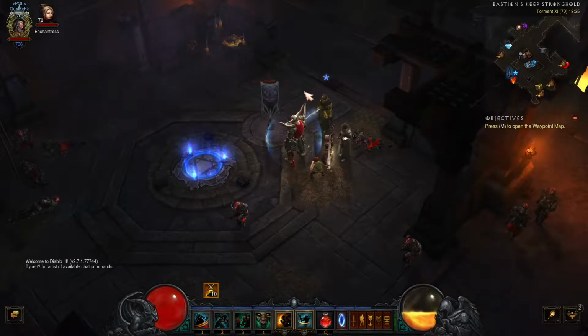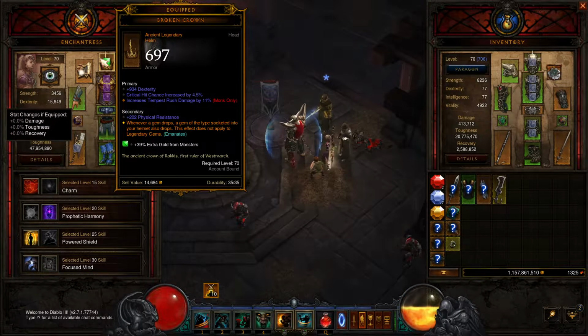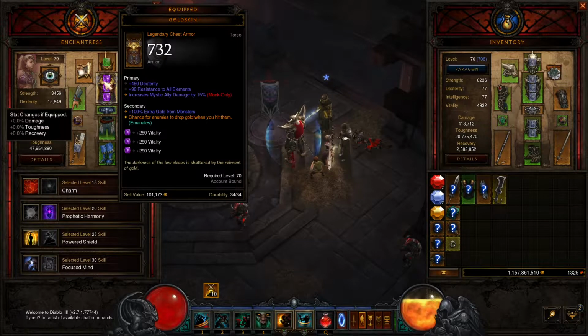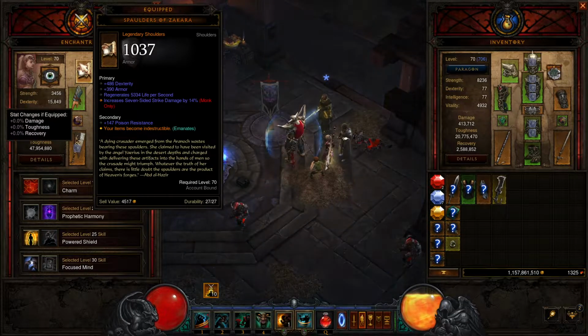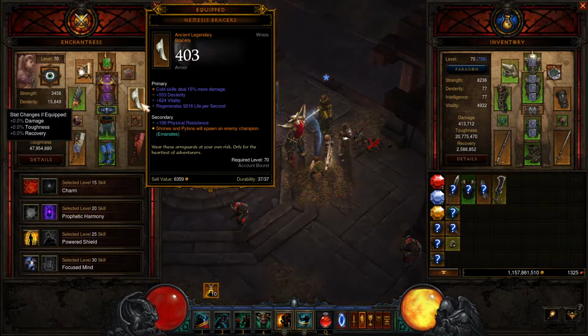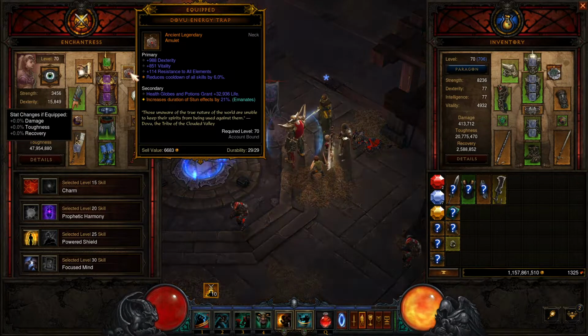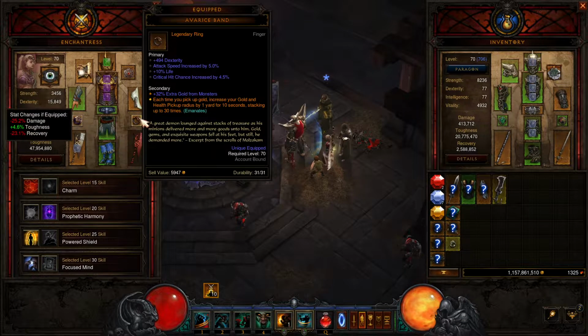So this set, I will just quickly go through the follower set. It's going to be all the items with the Enchantress bonus, starting from the Broken Crown as a helmet, giving the bonus to the gem drop, extra gold drop, which is the gold skin armor, indestructible items from Spoils of Zakara, Nemesis Bracers to give extra enemy champion group from shrines and pylons, Dovu Energy Trap, which gives me the increase of the stun durations, Avarice Band, which gives increased gold pickup radius,